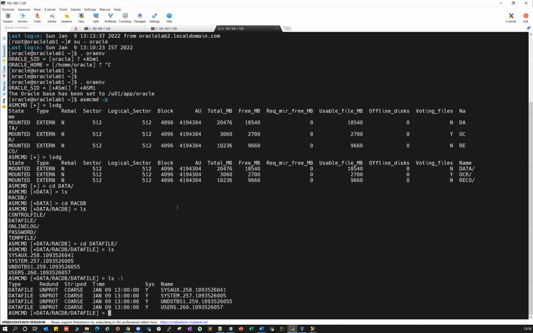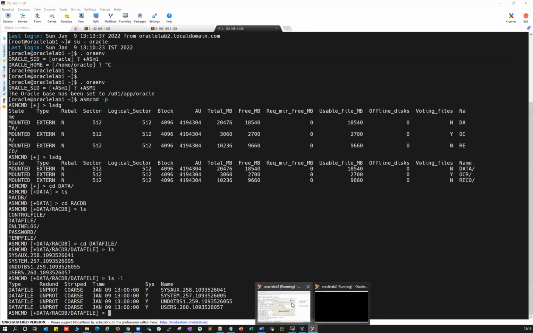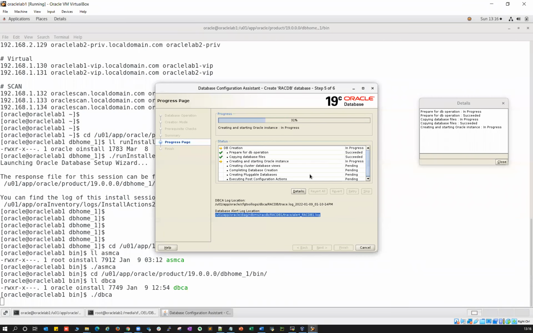This is your database DBCA log file, and this is your database alert log. Then this is your ASM command line utility, and this is your DBCA GUI installation screen. Right now, creating and starting the database instance is in progress.